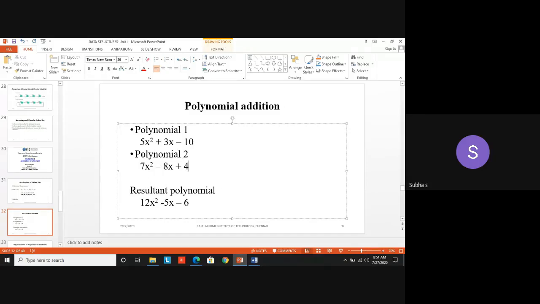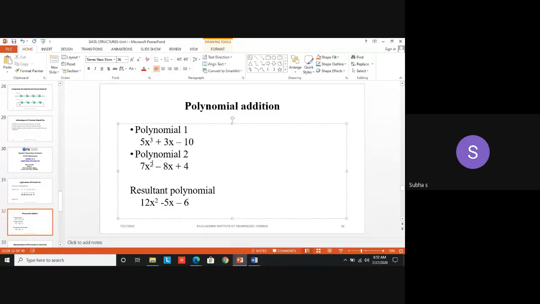A simple polynomial addition. Assume that you are having 5x cube here. What will happen? Suppose 5x cube plus 0, ma'am? No, there is no plus term in polynomial 2, ma'am. Yes, sir, 5x cube is the first term, but you should not put 0. That only I am going to mention. So you are getting 5x cube because you are comparing the power of the first term here with the power of the first term in polynomial 2.